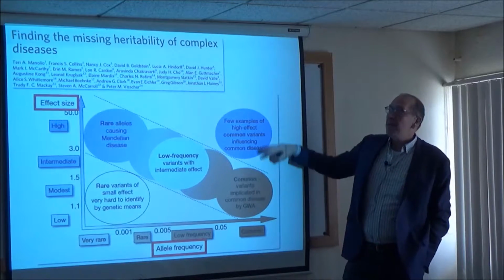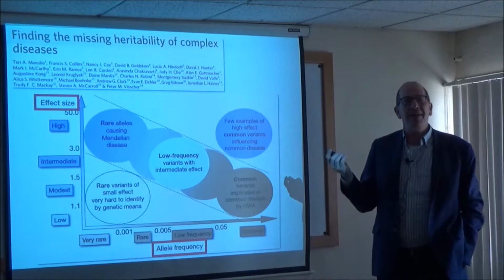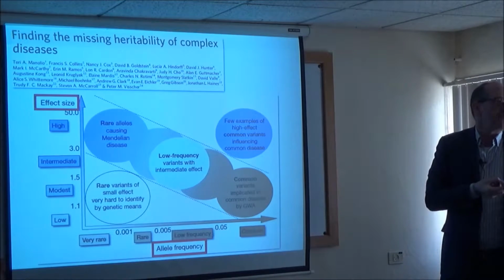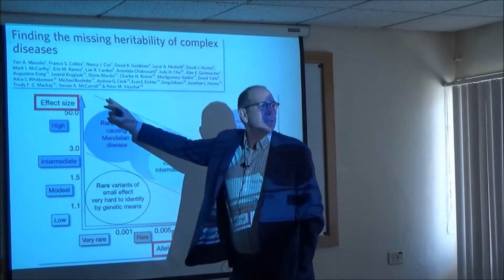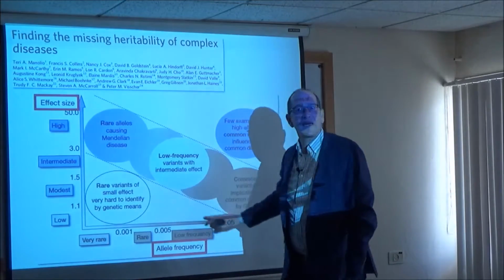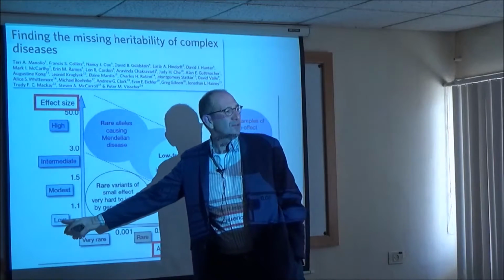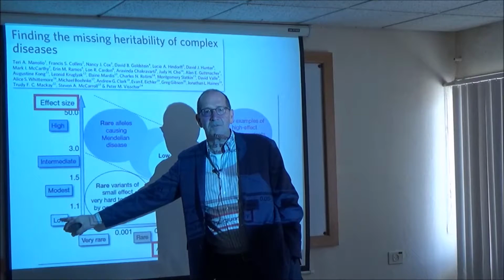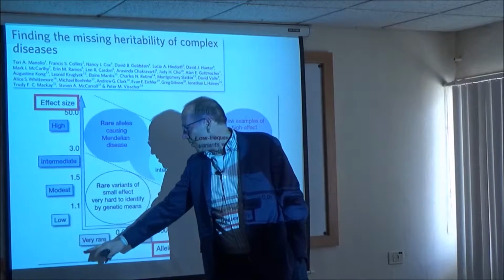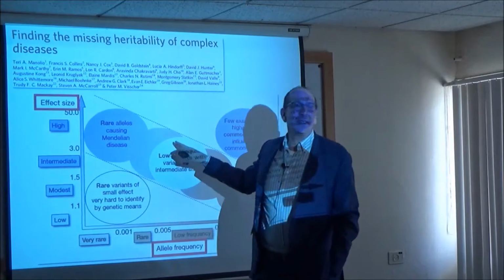If it was both common and major effect, that's easy, right? With modern genetics, we would have found ApoE in about a microsecond if we used modern methods. So where we can reasonably find things in autism and other developmental disorders is in this kind of middle path here. Things that are common with tiny effects. So their effect is so small that they're not really subject to purifying selection, right? Or things that are very rare and can have major effects. And you can also have intermediate things.